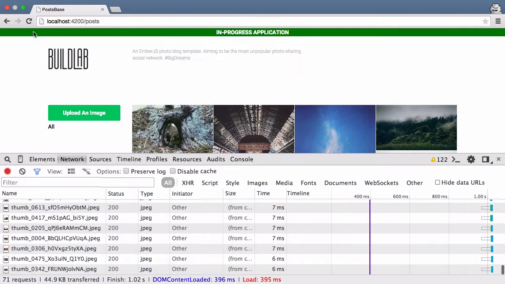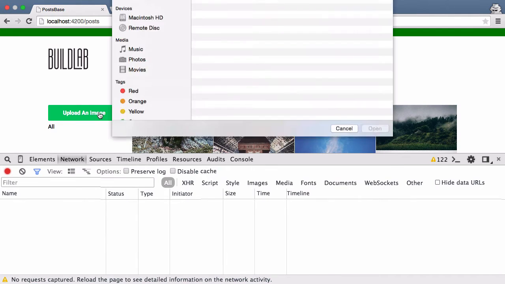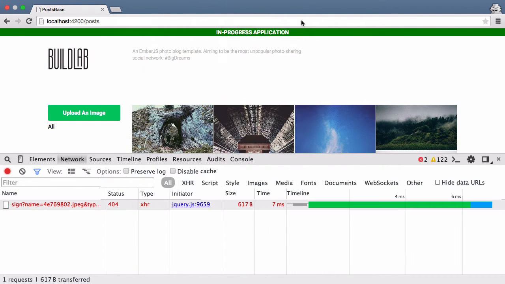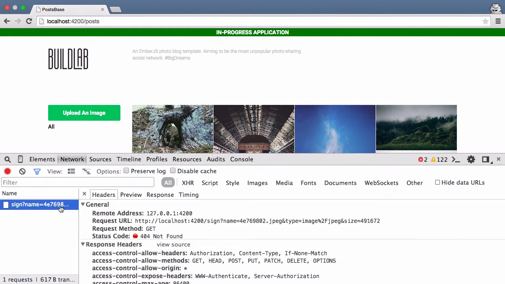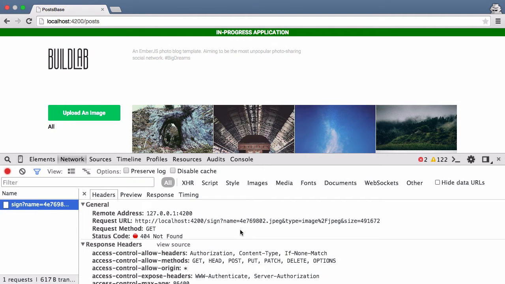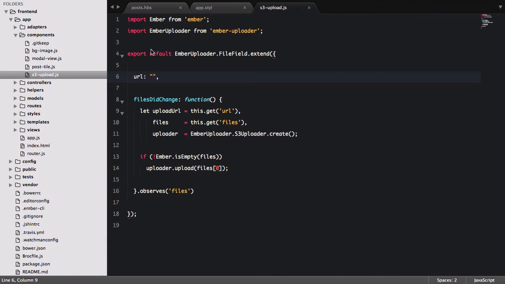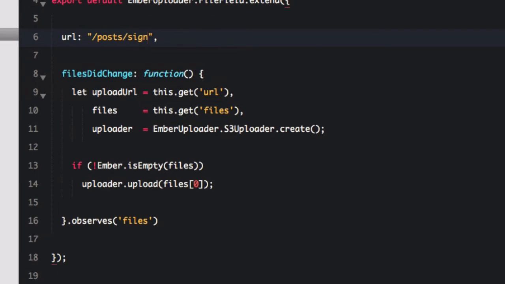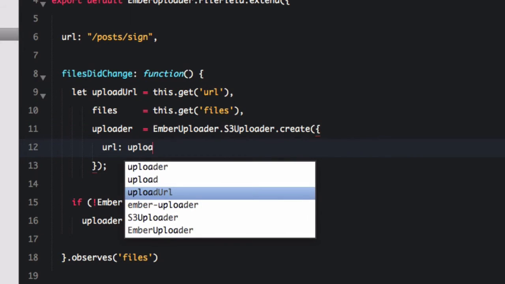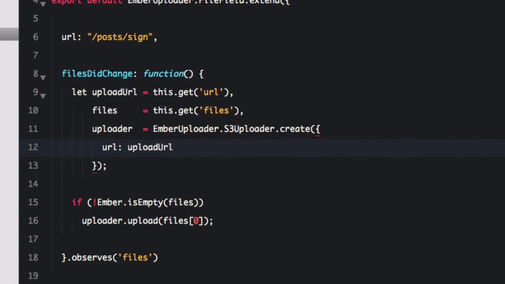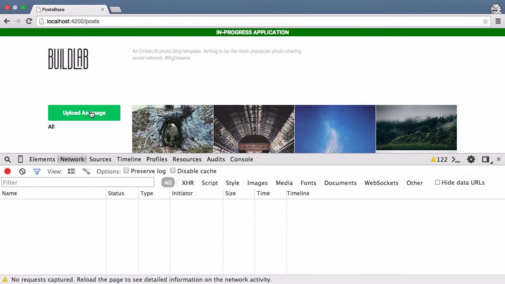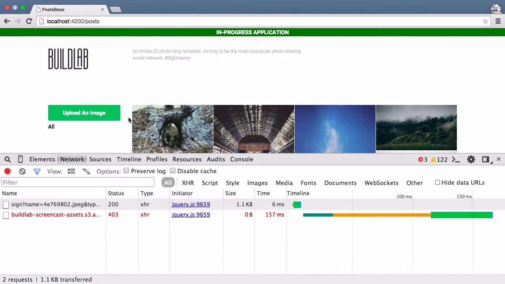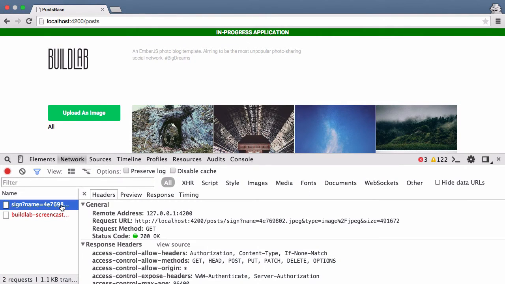So now back in our browser, when we go to upload a file, the call to sign the URL fails again. Well, when we look at the URL, it's posting to /sign, but our API's routes are set up to access this request at /posts/sign. So let's jump back into our component and tell the ember-uploader what URL to use for signing its requests. Now back in the browser, we can see our sign request is finally passing,